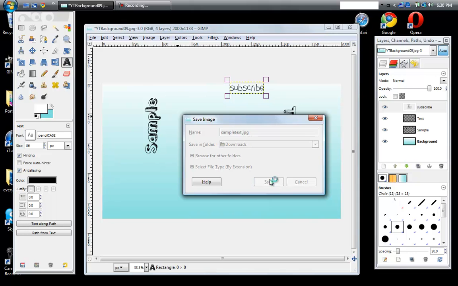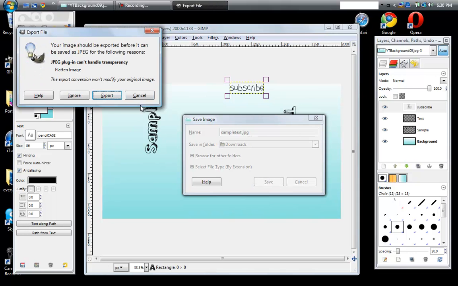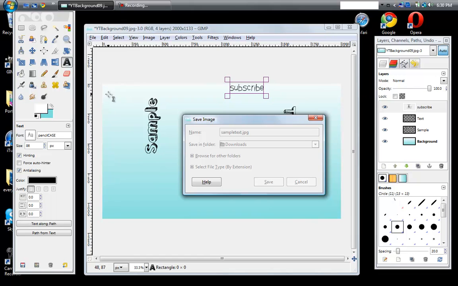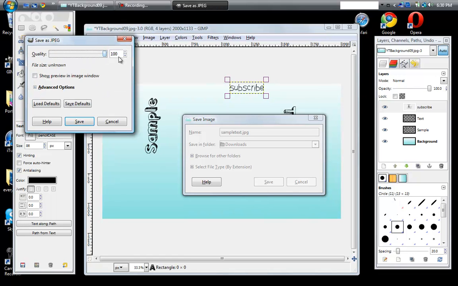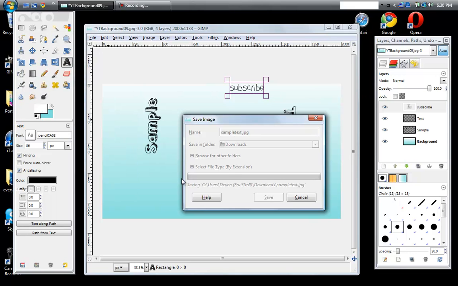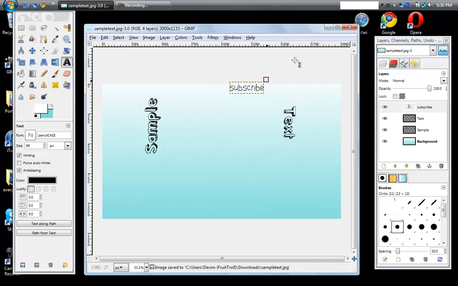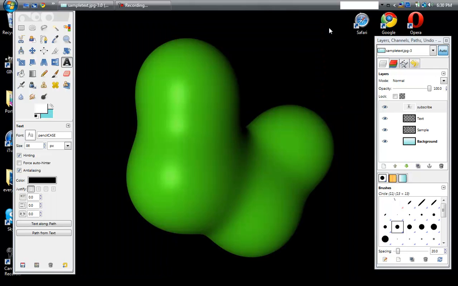Now it's gonna ask you to export the file, and we're gonna do that. So just click export, and then go to the highest quality you can. Click 100, and then go to save, and then it'll save down here. It don't take very long. Okay, so you don't want to exit out of here yet, so we're gonna just minimize this, and I'm gonna